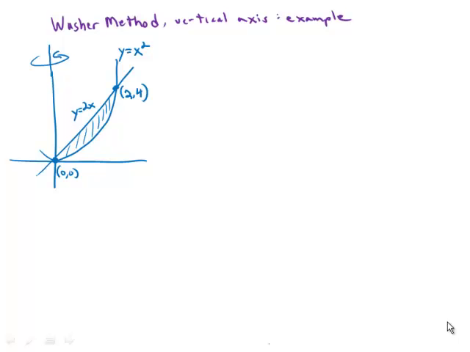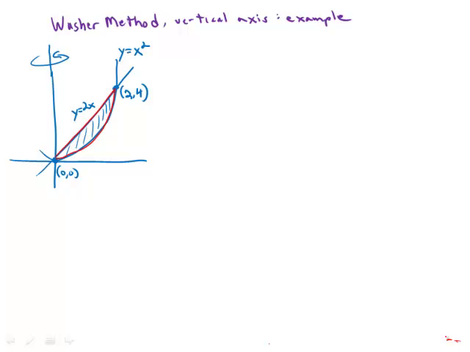In this video, I will show a numerical example of applying the washer method to rotation around a vertical axis. So suppose we have the two functions, y equals x squared and y equals 2x. They intersect at these two points in the first quadrant, the origin and (2, 4), and they make this region between them. Now suppose we're going to rotate this region around the y-axis and we want to use the